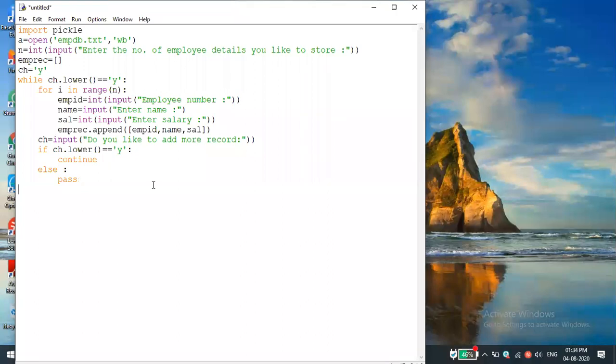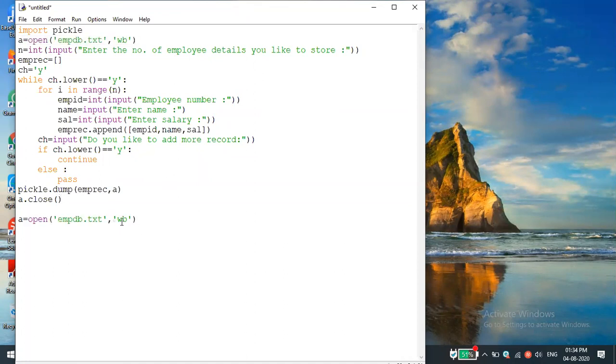Sir. Yeah. Okay. Now, finally, we want to dump. That is, we need to write all the data into the file. So, what is the syntax for that? Module name, that is pickle dot dump. Dump of object. What is the object here? EMP rec is the object. That is a list. Okay. Comma, what is next? The file handle. Okay. Good. So now we write into the file. Finally, we need to close the file, a dot close function. So once again, if you want to display the data here itself, we will do it. Okay, one minute.